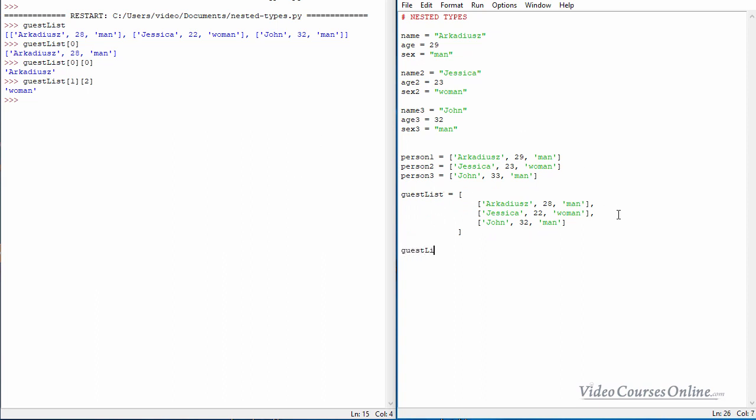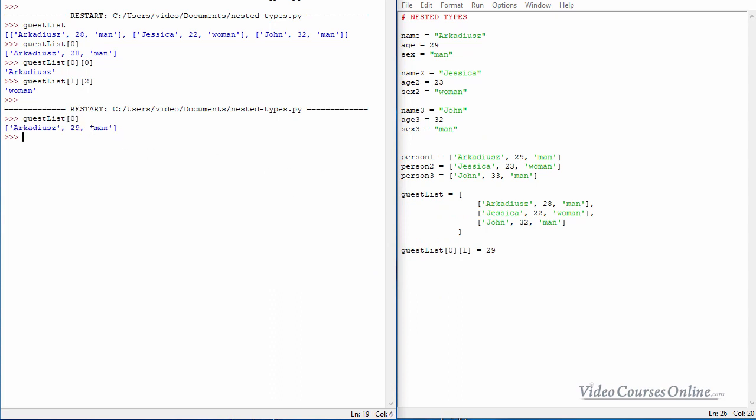We can easily change elements. Like that. For example, guest list of 0, of 1, which is for example, my age, right? Notice that I typed here 29, here is 28, so I need to change it back to 29, for example, right? And when we run the module and we access guest list of 0, you'll notice that my age has changed. It's working fine. So you can easily change the values, you can access them,